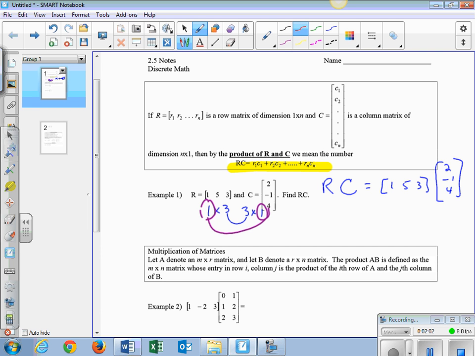So what I'll do is I'll put the 1, the 5, and the 3. It's kind of like I'll take that first row and rotate it vertically, like 90 degrees, and match up so I can see I'm going to be multiplying 2 times 1, and then I'm going to be multiplying -1 times 5, and then I'm going to be multiplying 4 times 3. So I take the 2 times the 1, the 5 times the -1, and the 3 times the 4. And what I do with those is I add them together. So basically I'm getting a 2 plus -5 plus 8 to get a final answer of